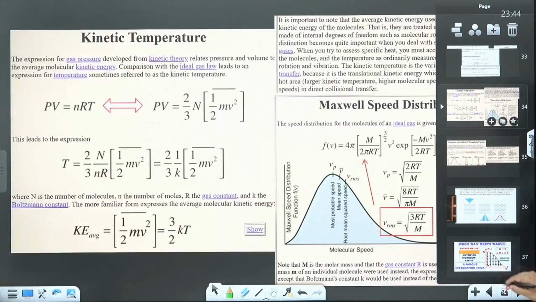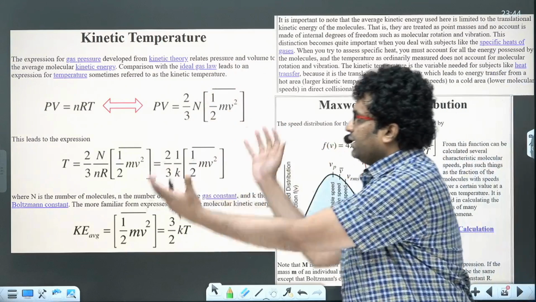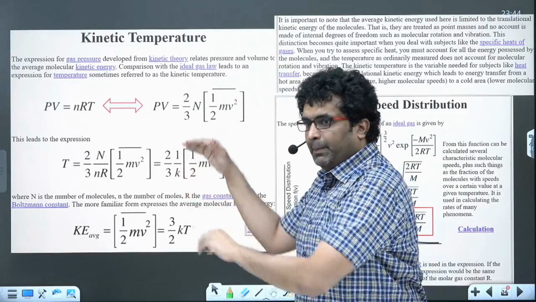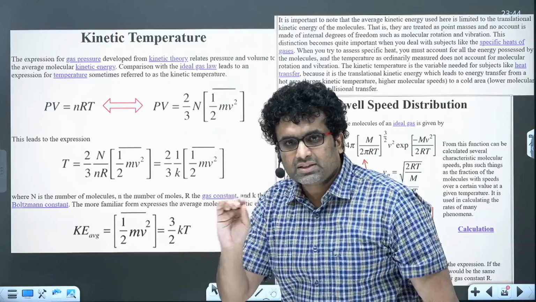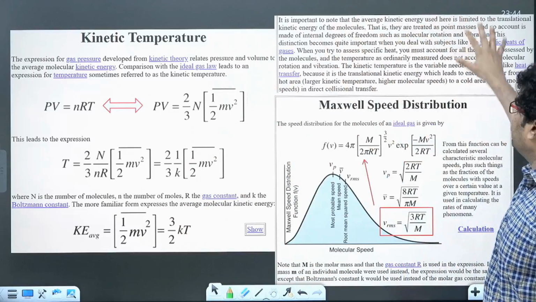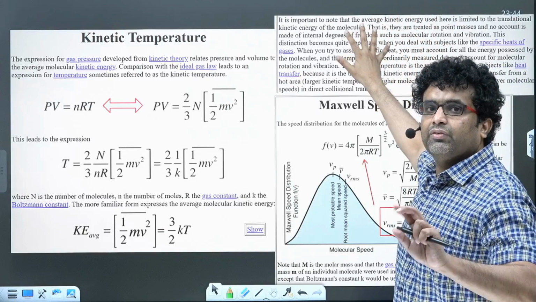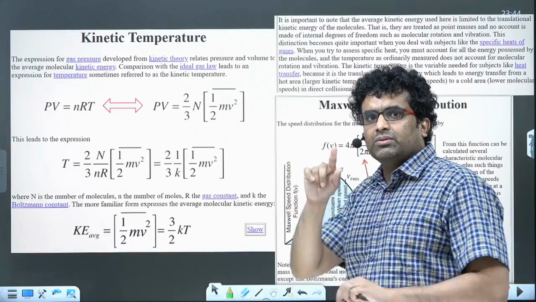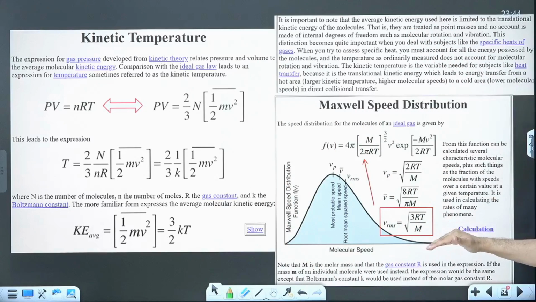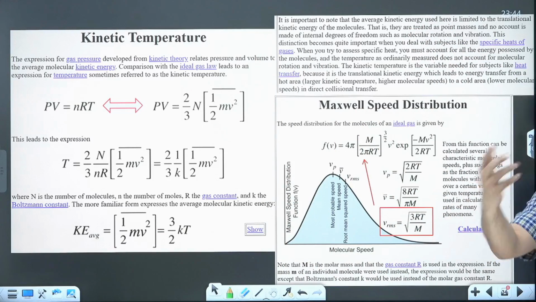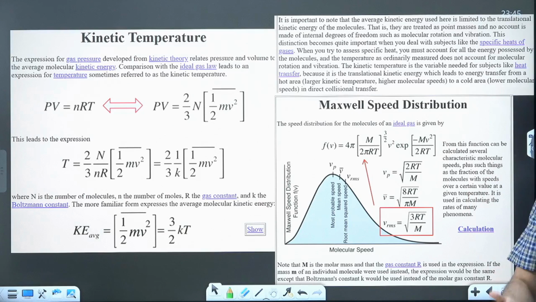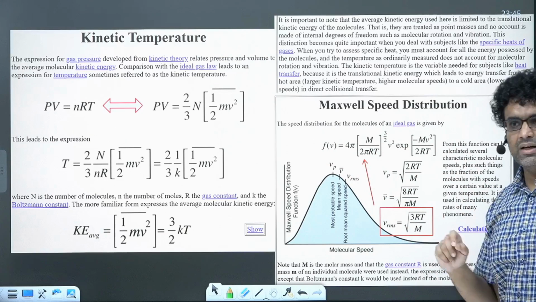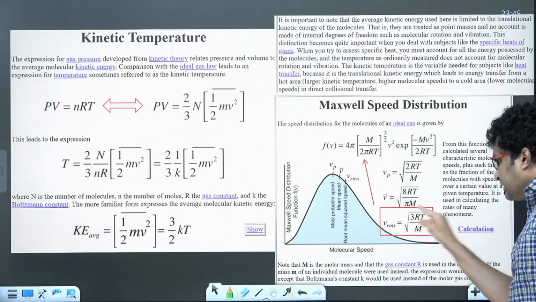So we were looking at this slide just to re-emphasize the kinetic temperature logic and KTG, which reveal the value of root 3 RT by M. By the time we reach this part of the theory, we have not yet discussed the Maxwellian distribution. Then we realize this formula is valid for all gases irrespective of the nature of the gas. You don't need a diatomic or triatomic; all of them obey V_RMS squared equals 3RT by M. Then we decided to find out how all the molecules are moving, what kind of speeds they have, and then we got a distribution function. I gave you reasoning also for how these numbers are arrived at, and we matched this one with this function.